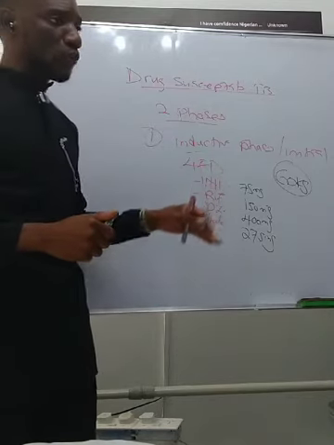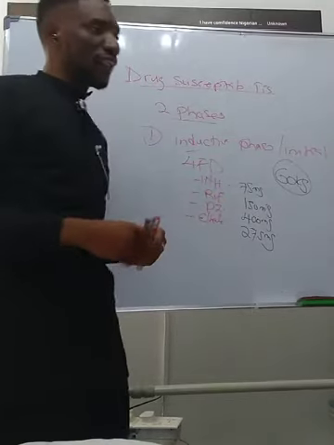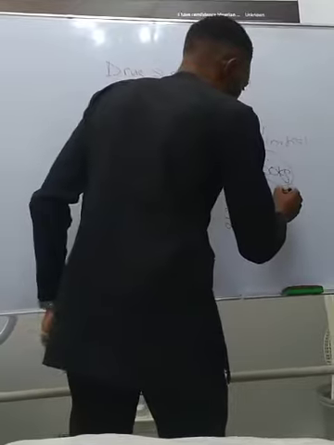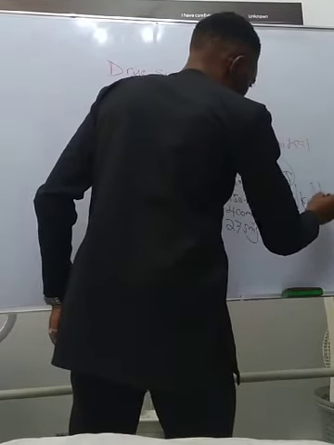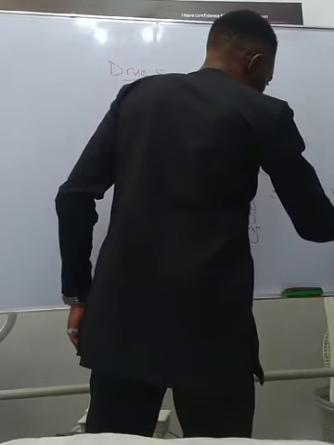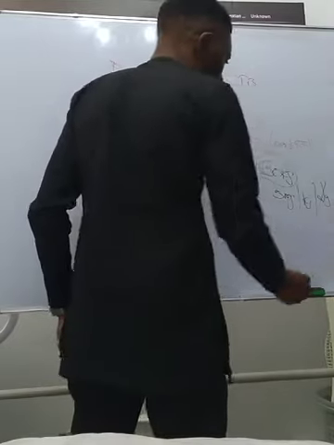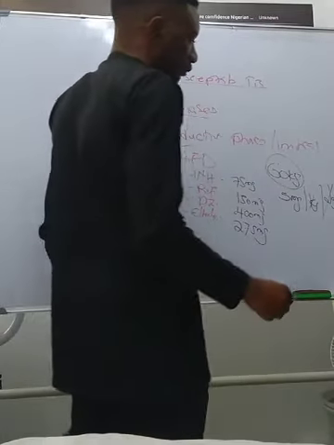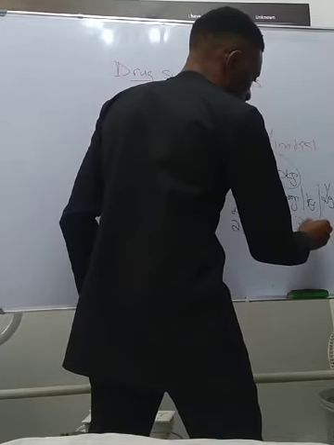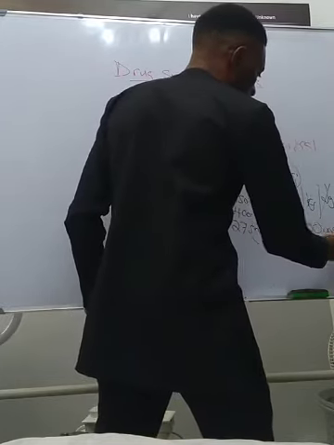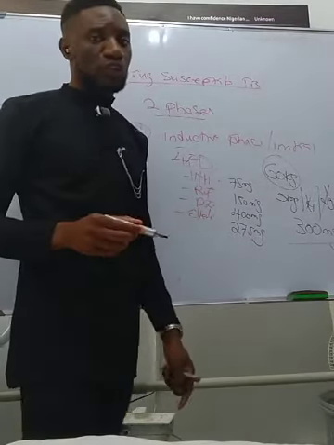Now, what you can do basically, you multiply. So we can get Isoniazid, which I said in adults we're dosing at 5 milligrams. So you just write 5 milligrams per kg per day, multiplied by the weight of the patient, which in this case is 60 kgs, and then the kgs will cancel each other. You multiply your 5 times 60, which gives 300 milligrams. So this patient who is weighing 60 kgs requires 300 milligrams of Isoniazid